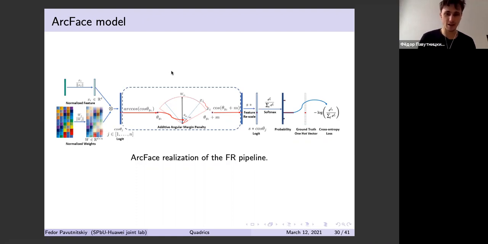I'm not sure that I explained it properly, but nevertheless, this is a cleverly designed deep recognition system that actually works quite well. So that's why it's a paper from 2018, and it's still, I believe, state of the